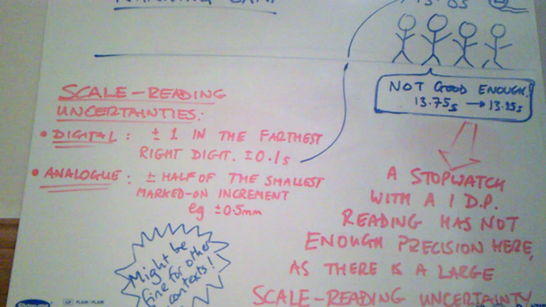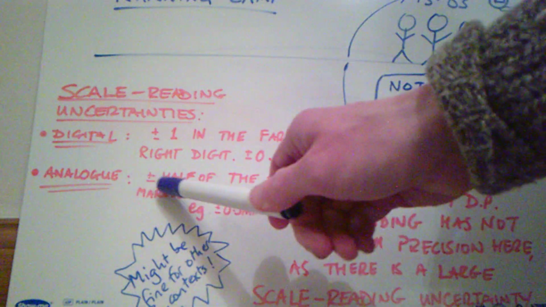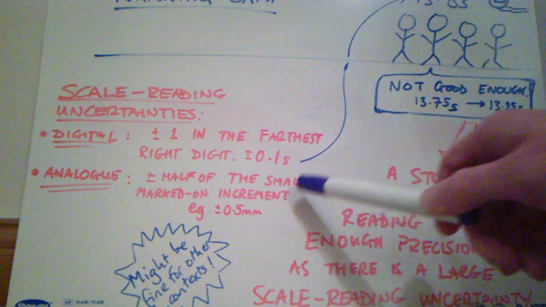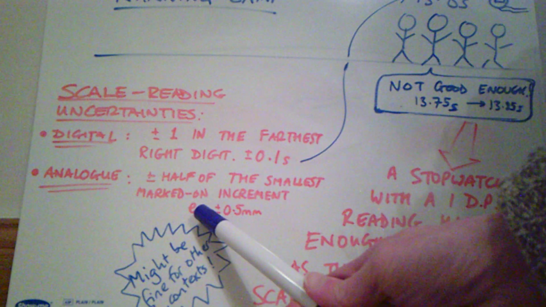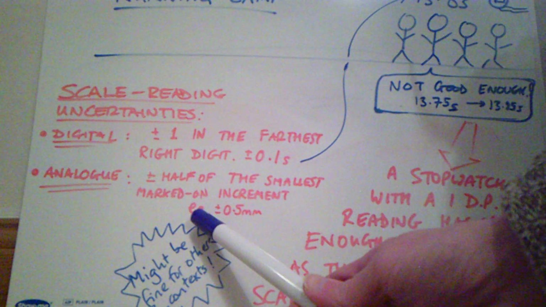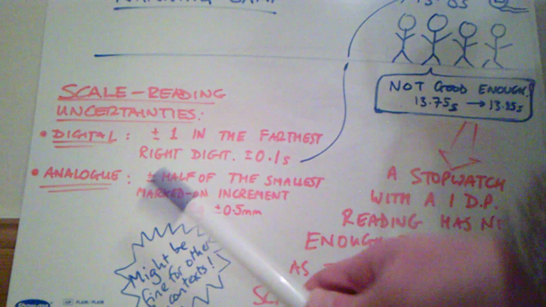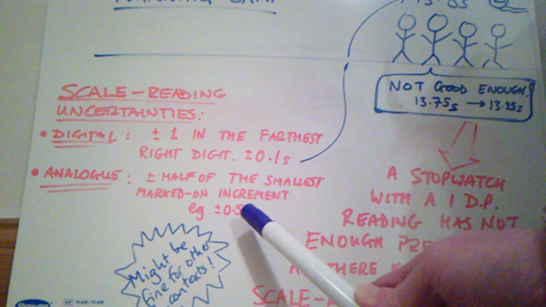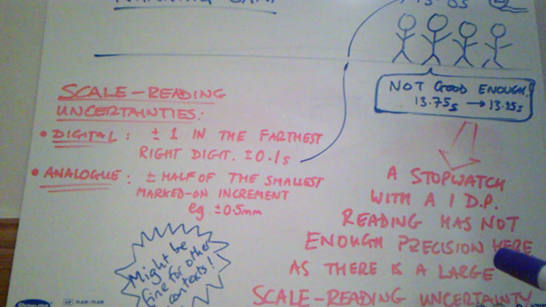Analog means there's a dial which actually physically moves. The scale reading uncertainty is plus or minus half of the smallest marked on increment. So for an example, think about the rulers which we use in science. They're typically marked in millimeters, aren't they? And so if you're going to measure something with the science rulers, then the scale reading uncertainty in the science rulers is plus or minus half of 1 millimeter, or plus or minus 0.5 millimeters. And it's maybe worth saying that for other contexts,